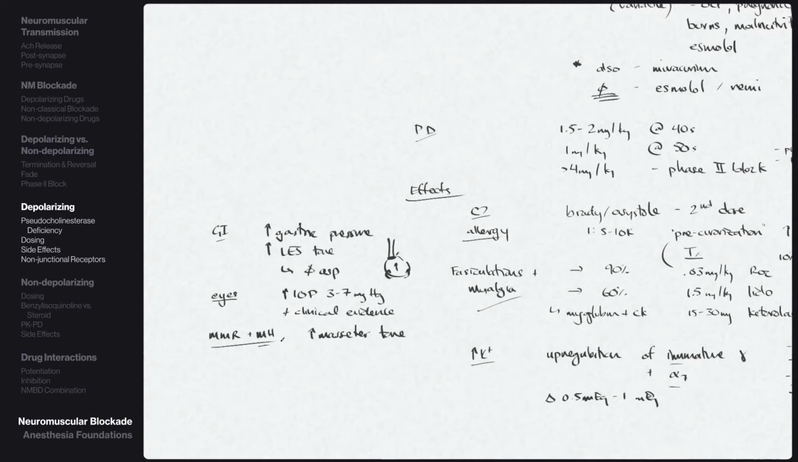And it's likely not a full correlation in the sense that not every single patient who has increased masseter tone will have malignant hyperthermia, but this may be a sign to suggest that you should be more suspicious of the patient being at risk for malignant hyperthermia. And malignant hyperthermia is a disease where we end up having a mutation in our ryanodine receptor,